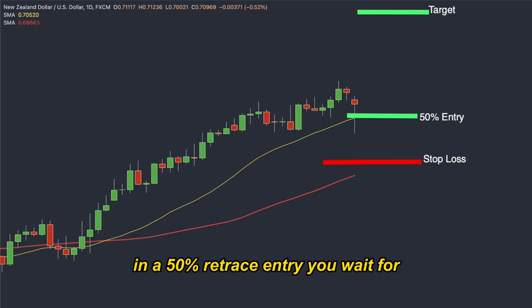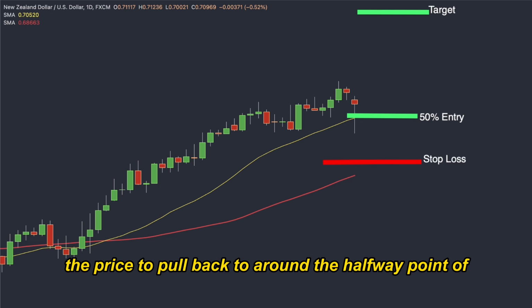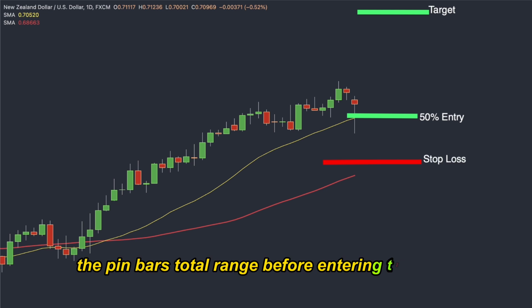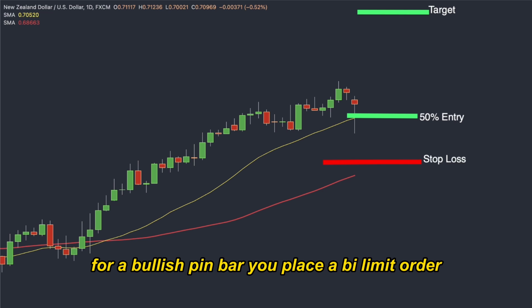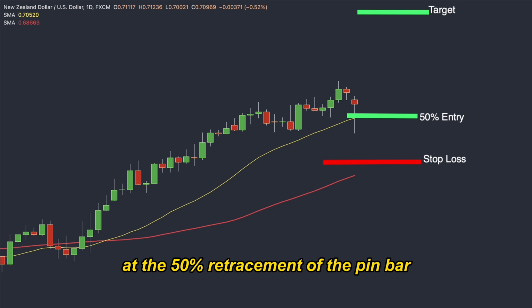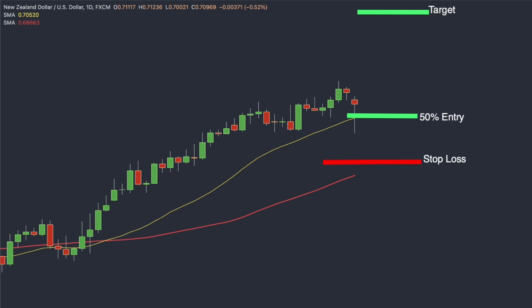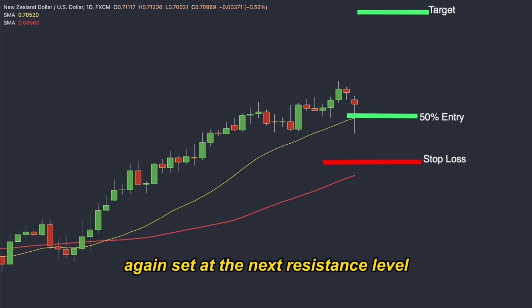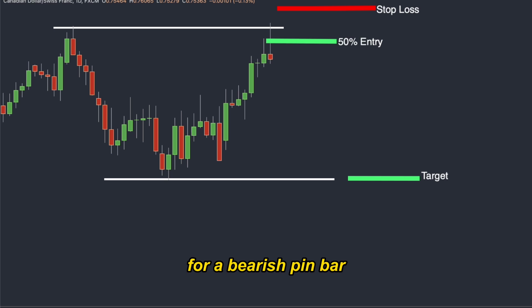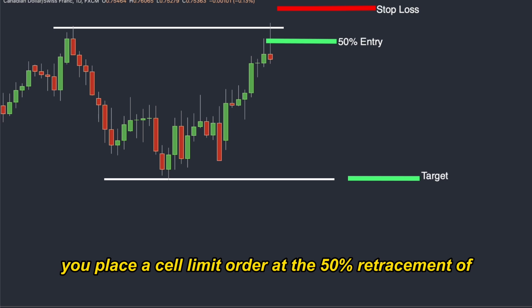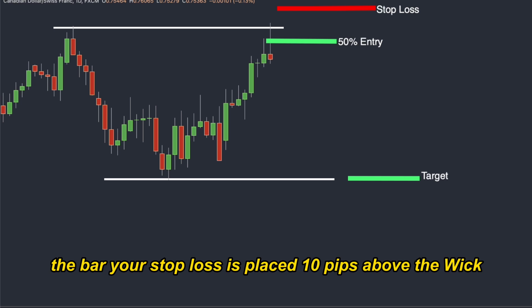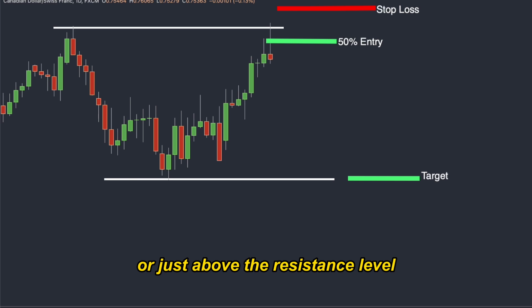In a 50% retrace entry, you wait for the price to pull back to around the halfway point of the pin bar's total range before entering the trade. For a bullish pin bar, you place a buy limit order at the 50% retracement of the pin bar and your stop loss 10 pips below the pin bar's wick or the nearest support level. The profit target is again set at the next resistance level. For a bearish pin bar, you place a sell limit order at the 50% retracement of the bar. Your stop loss is placed 10 pips above the wick, or just above the resistance level, with your target being